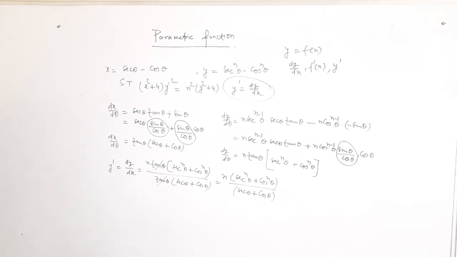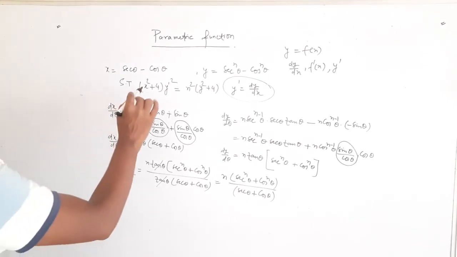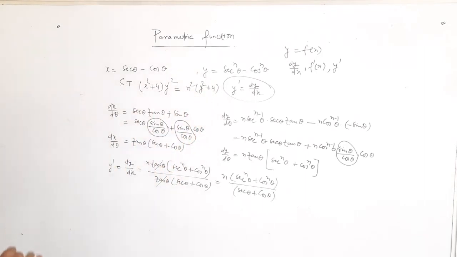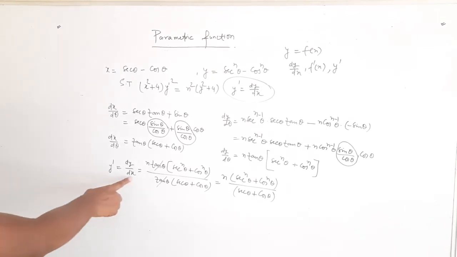So I need to clear this screen because we have to derive this by squaring x square plus 4 and this is y square plus 4. So we have to do the normal calculation. I want to remove some part of this. I will retain this line only and remove every other line.